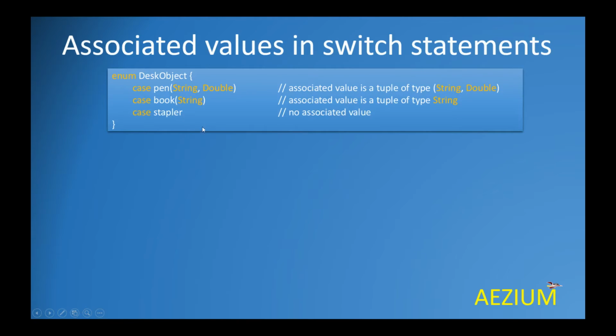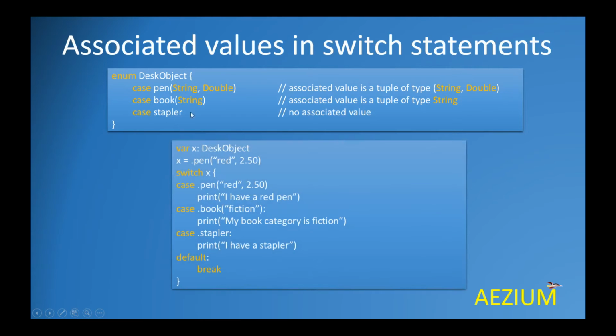If we have a definition like this, which is the same as our last definition, and if we wish to use this in conjunction with a switch statement, how do we do it? So in the case of this example, we are defining a variable called x, which is of this type, desk object, and we are assigning this value to it. Now, if we wish to use x in a switch statement, we can use this example